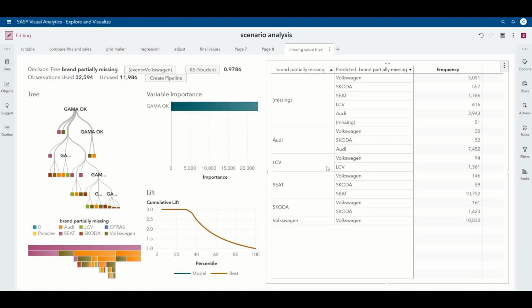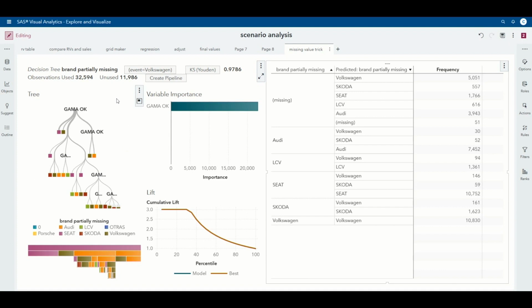When modeling in Visual Analytics, I find it really useful to make use of the missing value trick. What it basically does is to derive a score from your model for those observations of the target variable that have a missing value. This is really useful because it prevents you from writing a dedicated scoring statement like a PROC PLM, because you can use it on the fly in Visual Analytics.